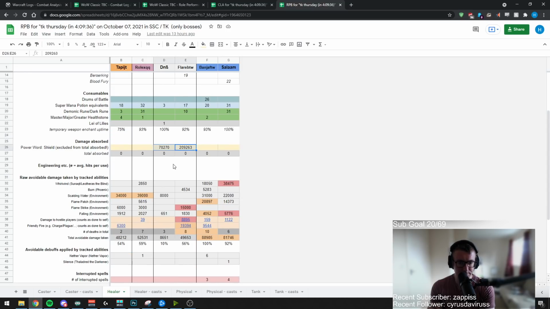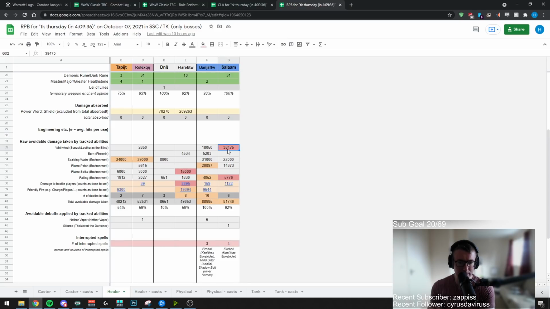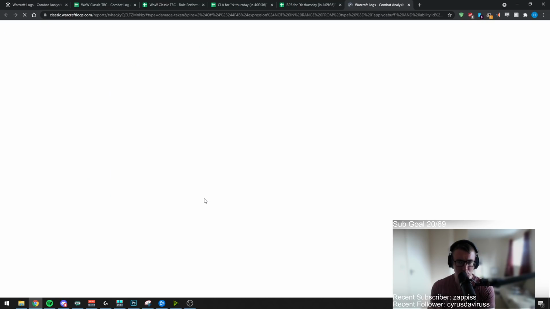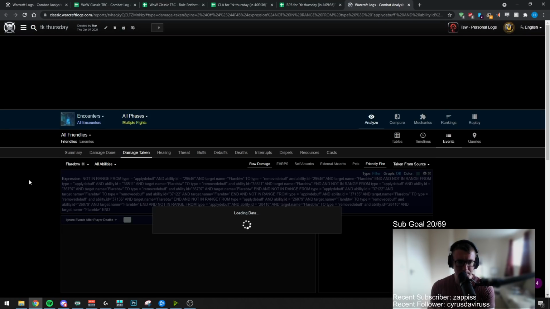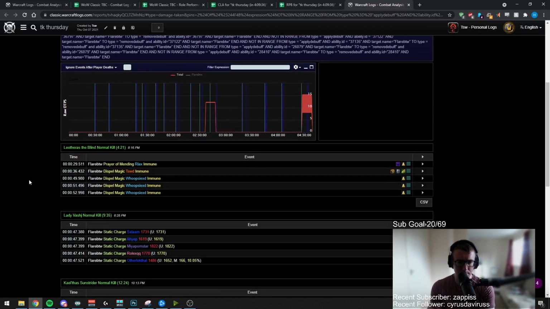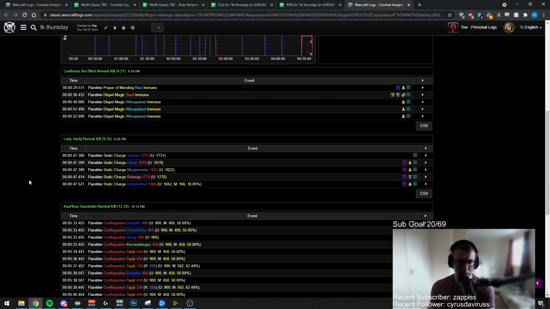Powered shield, taking whirlwind from Leotheras, 38k. Flame strike. Again, we've got these hyperlinks to look at friendly fire. Let's have a quick look. Almost 20k damage friendly fire here. Have a quick look, and we can see static charge and conflag. Okay,